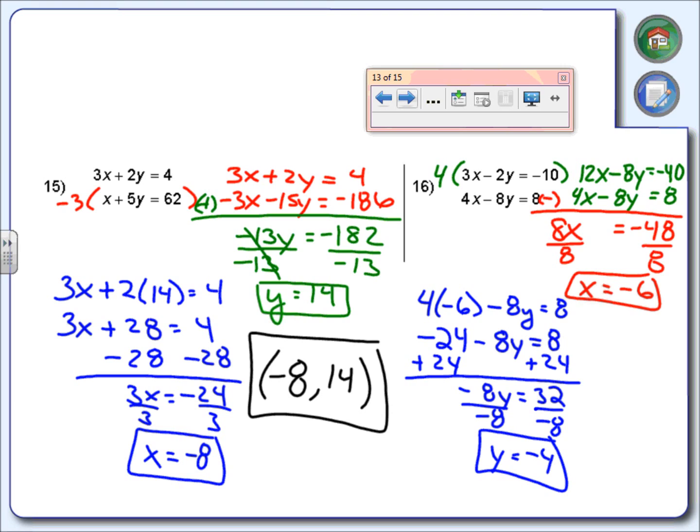So the ordered pair we're going to end up with is negative 6, negative 4. There's our solution. So this is still the elimination method. One little extra step, and that's to multiply one of the equations by